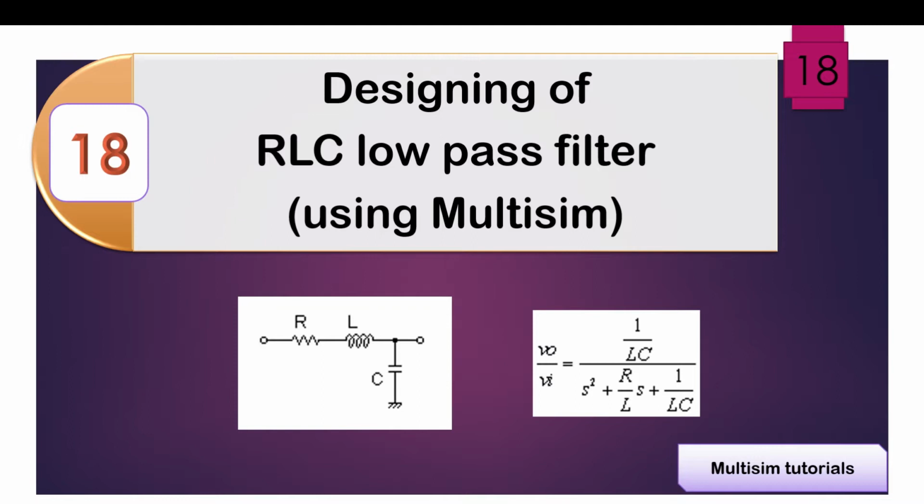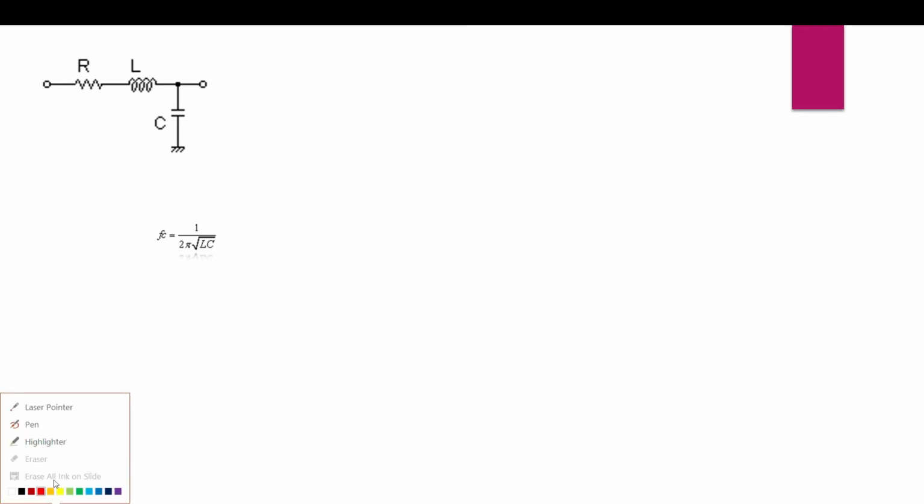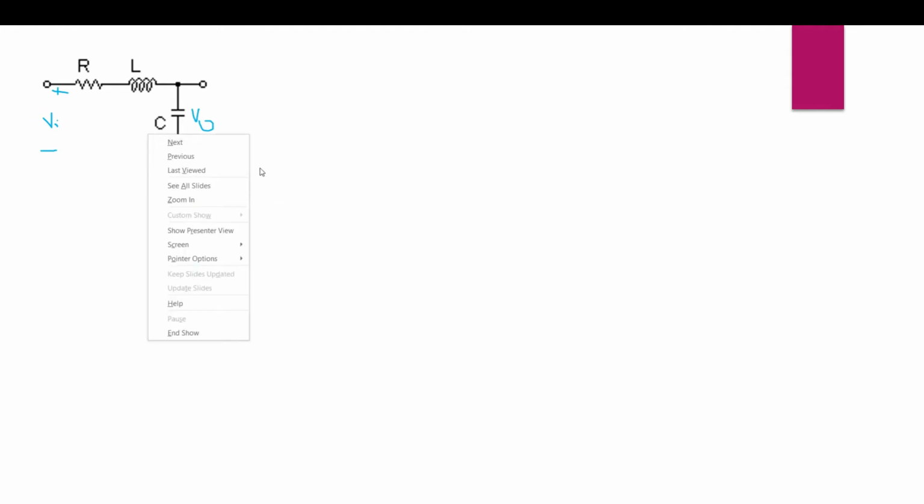So now let's move on to this session. This is the circuit which has elements like R, L and C. You can notice over here that this is my input voltage, and this is my output voltage. If you apply KCL and obtain the expression for V naught by VI, from this we are going to find out the transfer function.